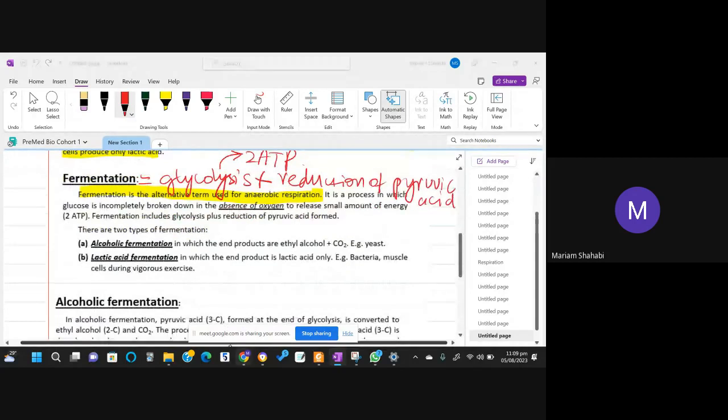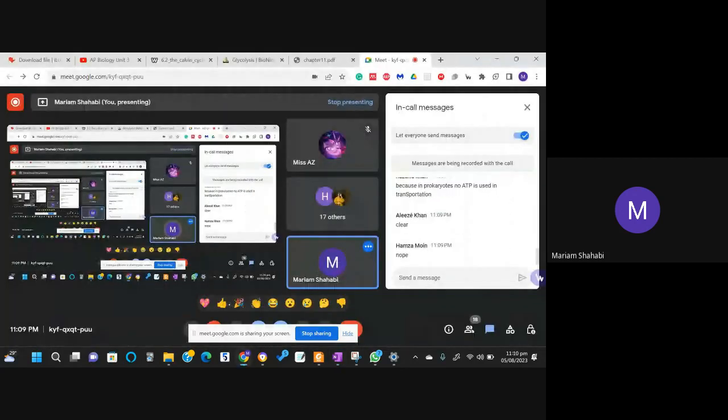Can anyone guess as to why this is important? What is not clear? Hamza Moin, why have you written nope in the chat? Acha, clear. Right. Yeah, so I was asking